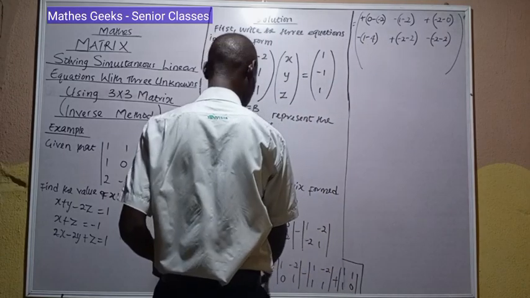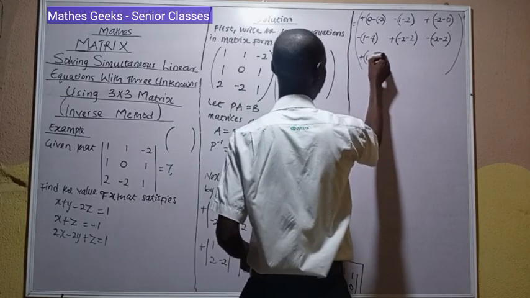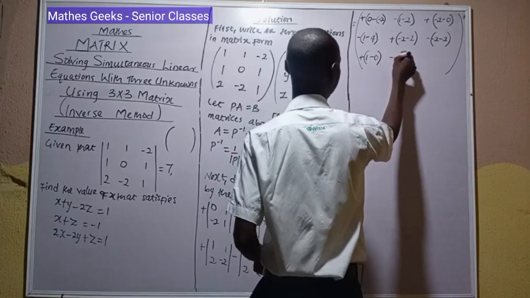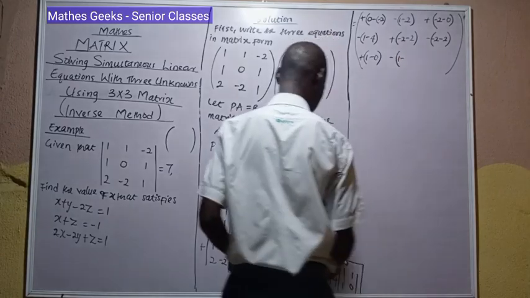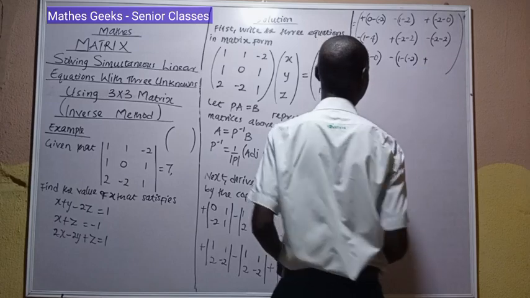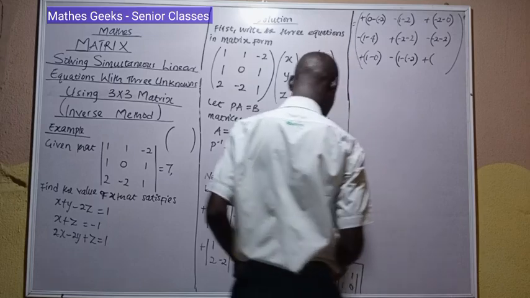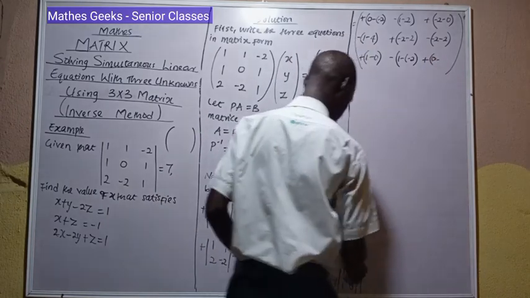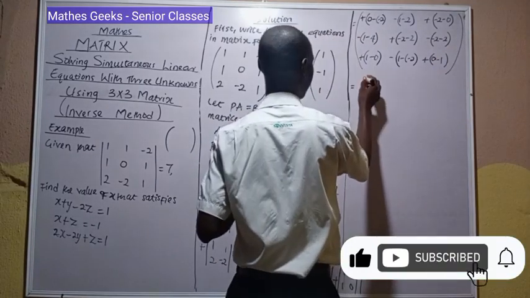Plus 1 times 1 is 1 minus 2 times 0 is 0, minus 1 times 1 is 1 minus 2 times 1 is minus 2, plus 1 times 0 is 0 minus 1 times 1 is 1, and this will give us